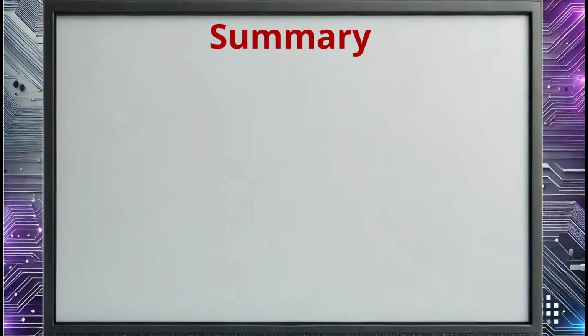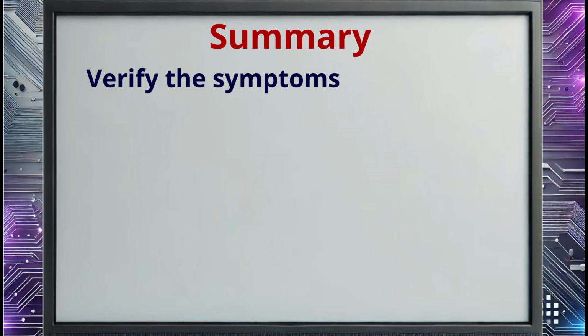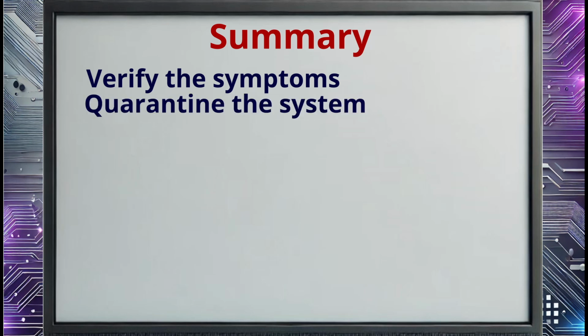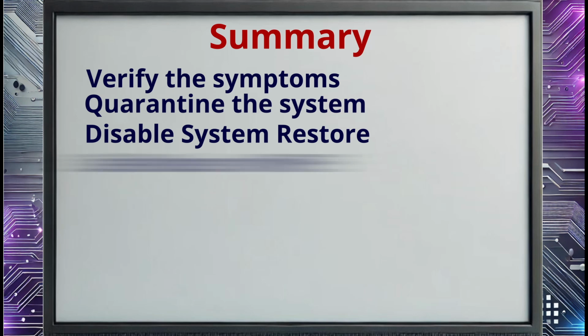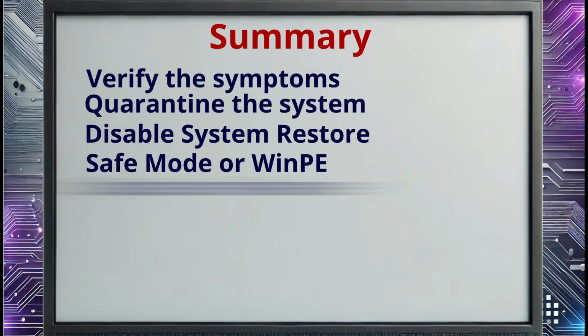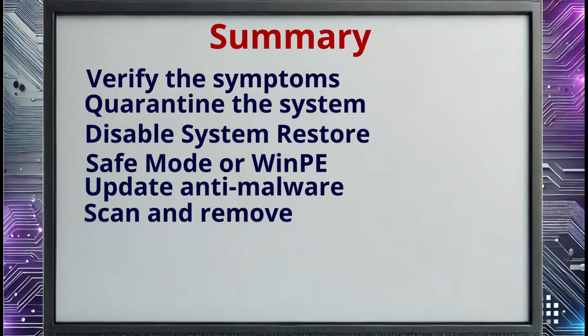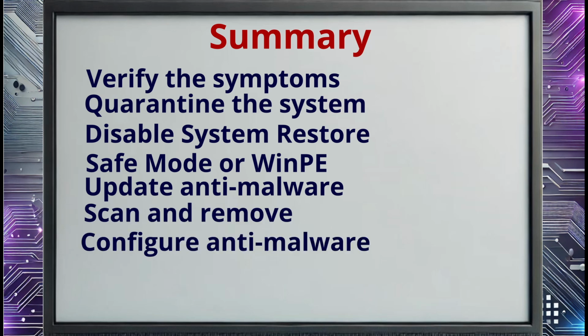That'll wrap up this lesson on malware removal. In this lesson, we looked at the best practices for removing malware. You start by verifying the symptoms and quarantining the computer so it can be remediated. Then you disable Windows System Restore, boot to safe mode or WinPE, update your anti-malware, and run scans to remove the infection. Once the infection is removed, you should configure the anti-malware software to run scans and keep itself up